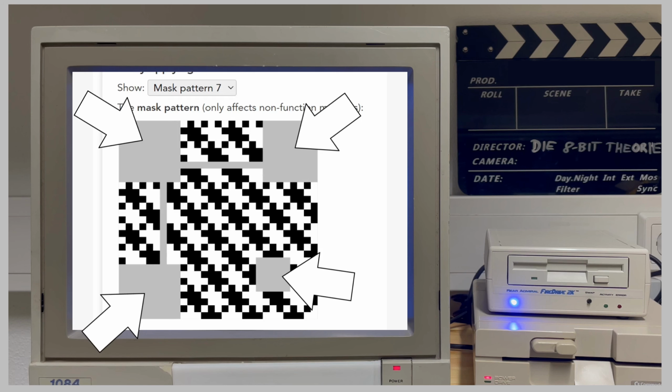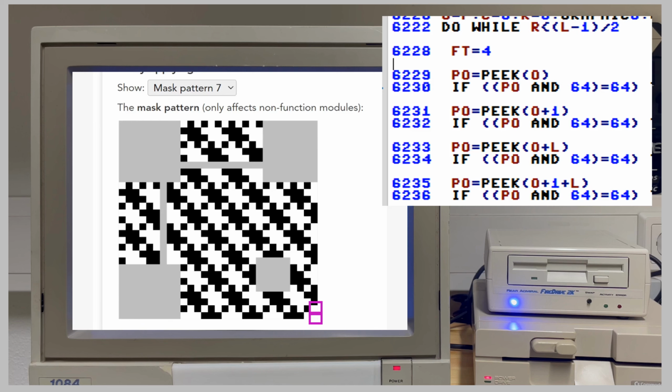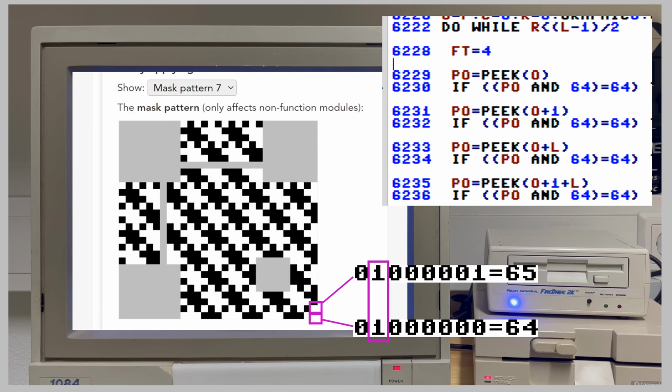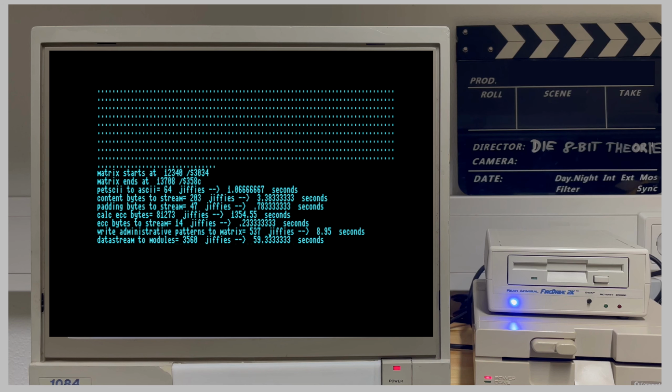The catch is that not all modules are exclusively ORed, only the data modules are. So, when we apply the masks later, we can evaluate bit 6 to know whether a module is to be exclusively ORed or not. This step takes about 60 seconds on the C128.